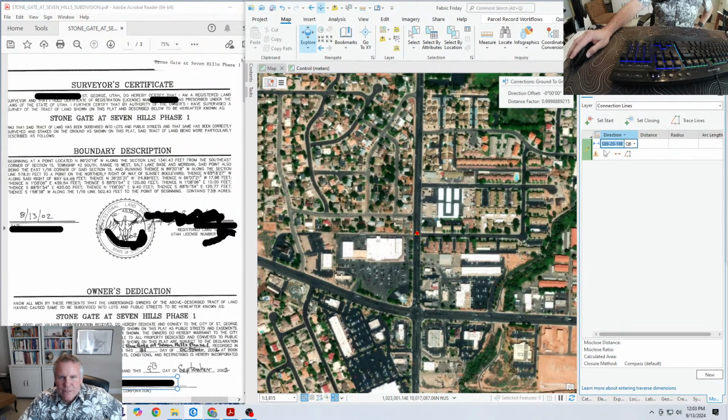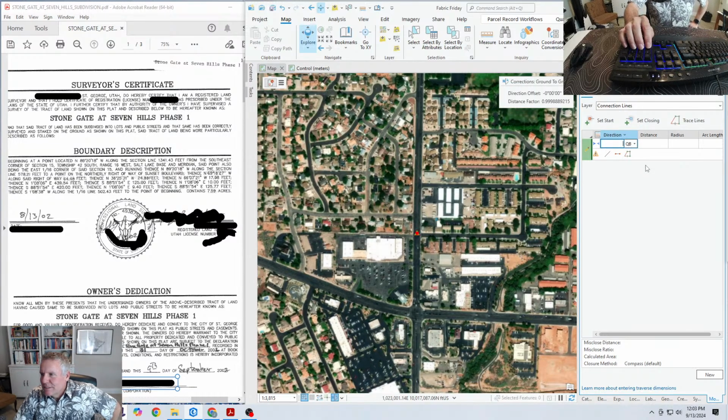So can we do that yet? Nope. I wish they would do switch bearing to the opposite direction, but that isn't available yet. I think they say they're going to have that available. So 89, 20, 18 northwest,